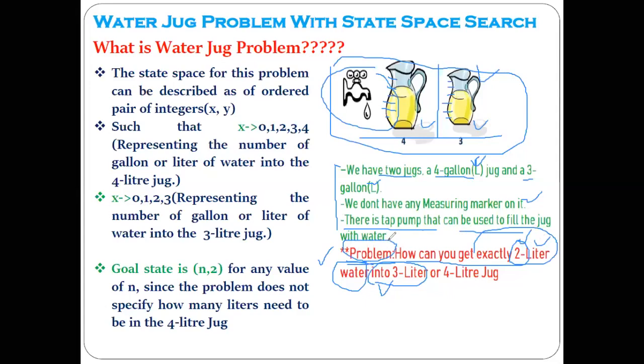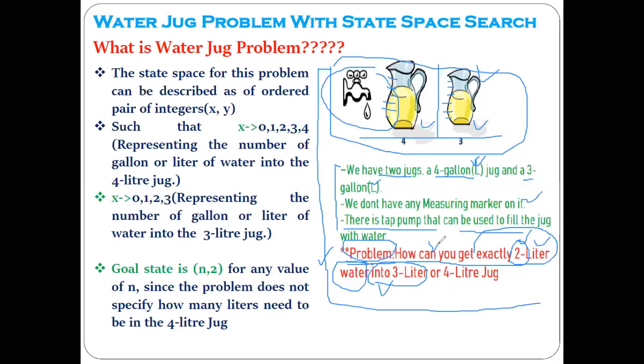That is the problem the AI agent has to solve, and this is the whole idea about what exactly the water jug problem is. First, we need to understand what exactly the problem is. According to the steps we have seen, first the AI agent needs to identify what the problem is. Then only can the AI agent do the planning to solve that problem and apply some technique. So this is the problem we have to solve.